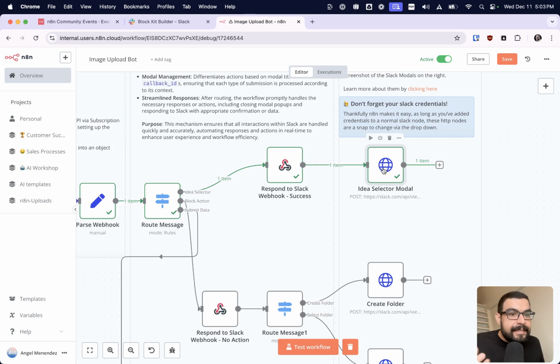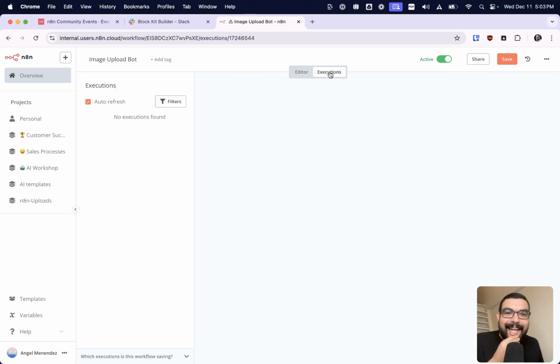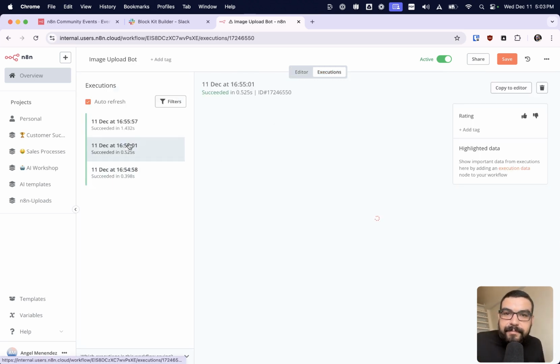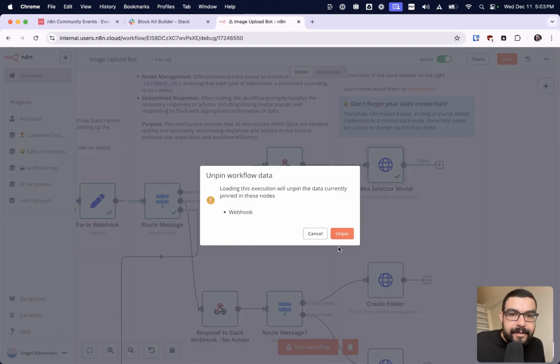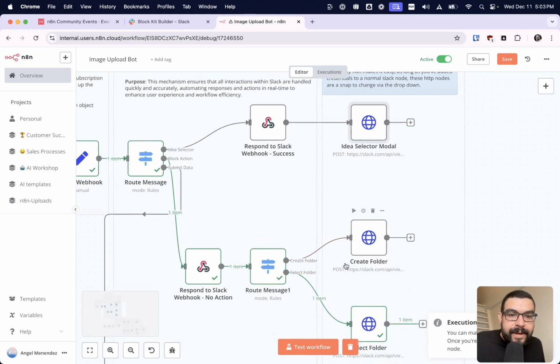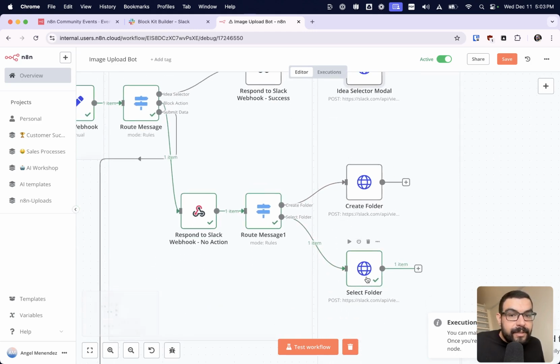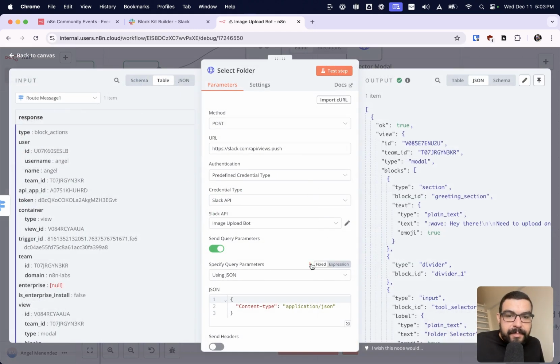Now, what this does is it gives you that pop-up. So let's take a look at the other executions. I'm going to copy these to the editor as well. This is the second one, where we chose the select folder. So you'll notice it's the same thing. And all I'm going to do here